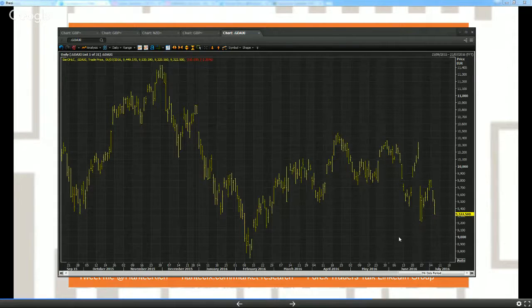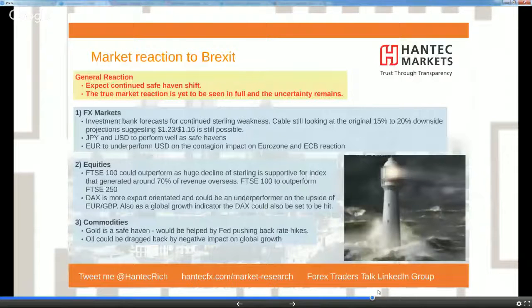that looks like it's going to retest the lows. And that is because, again, it's focused on export, and there's serious questions going on now in terms of global growth. So the DAX is under huge pressure due to that. So that is what we're looking at there. So lots of downside pressure on the DAX.